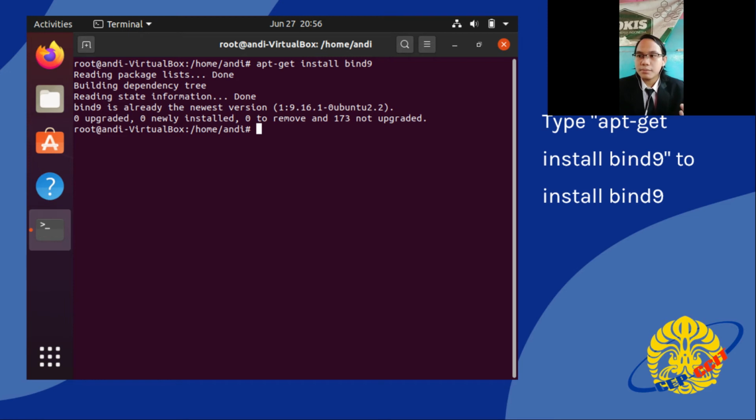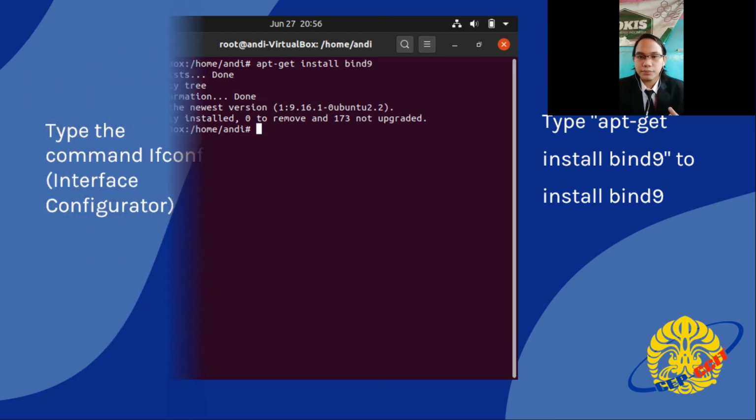Next, type apt-get install bind9 to install the bind9 server to manage the DNS server on the Ubuntu Linux operating system.